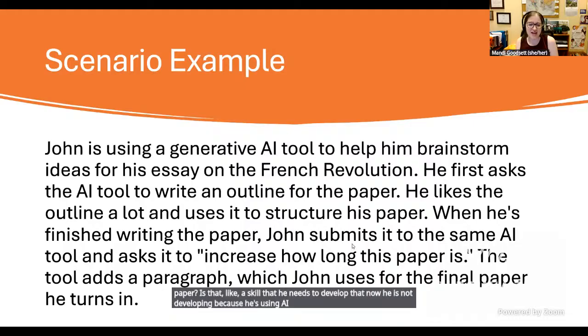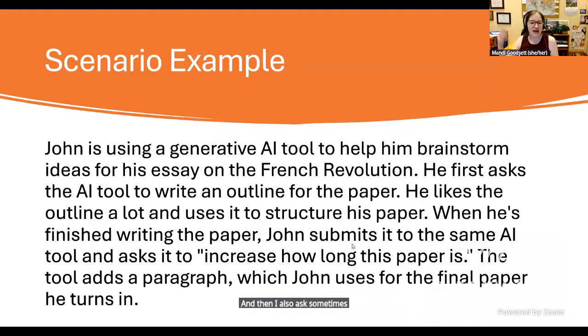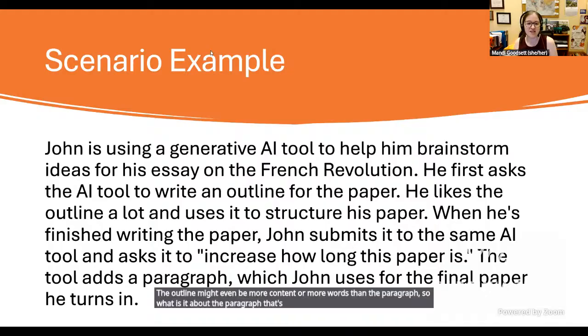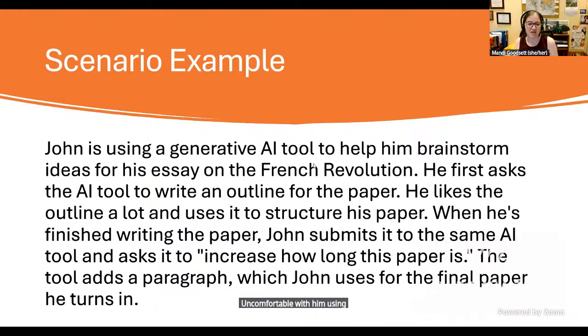And then I also ask sometimes, the outline might even be more content or more words than the paragraph. So what is it about the paragraph that's different that makes us feel uncomfortable with him using that additional paragraph? So it certainly brings up a lot of questions. And there's no right answer. The idea is that we're just bringing up